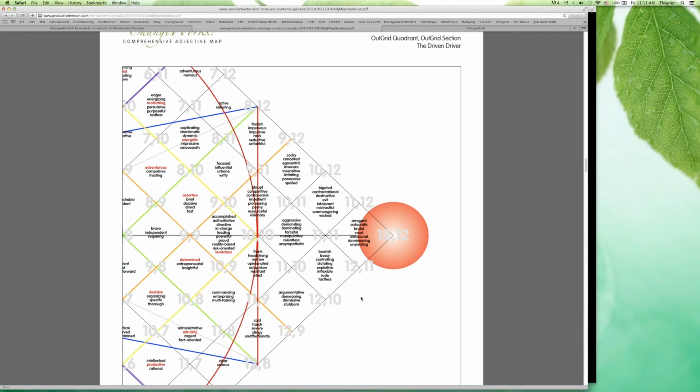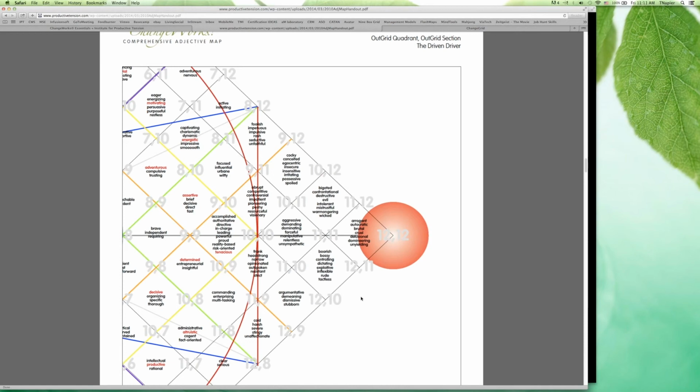Something very interesting happens, and that is that these adjectives start to get duplicated in model after model after model. And as they get duplicated, they start to shift into increasingly specific locations on the change grid. And that has evolved to what you're seeing here today. So what you're seeing here today are all of the adjectives that the models we've explored have contained, and those adjectives have now been scrutinized and shifted into the exact location it belongs to on the change grid.